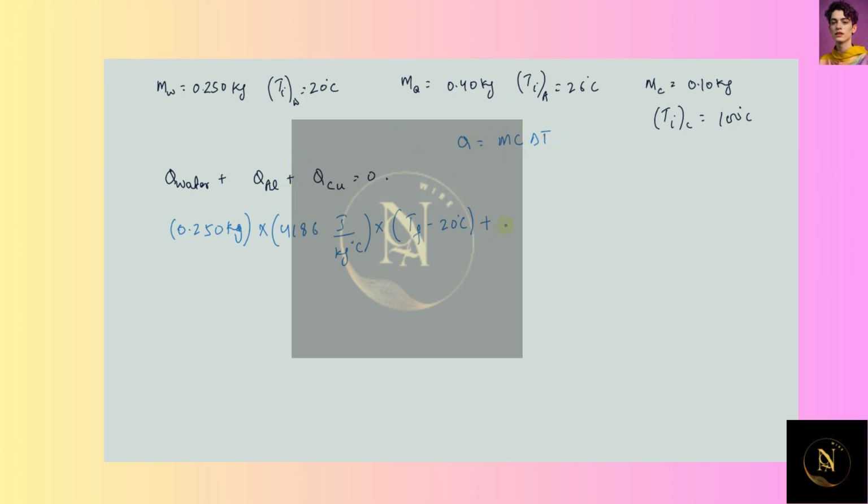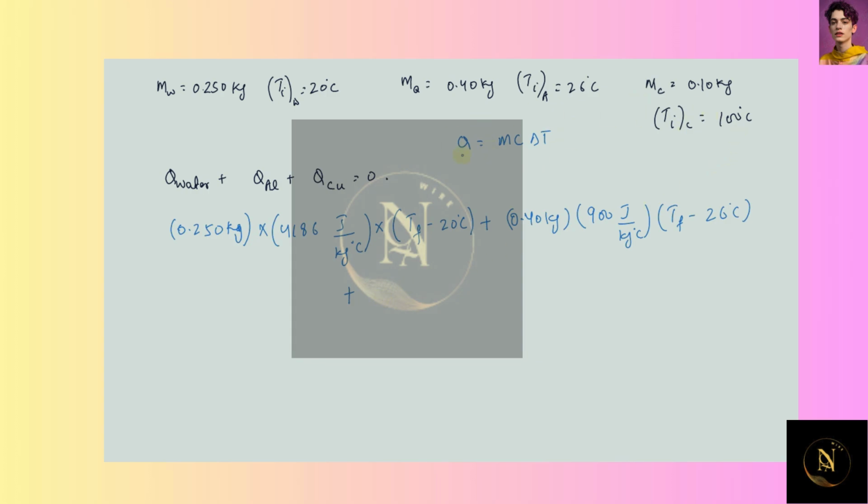So mass of aluminium is 0.40 kg times its specific heat for aluminium, 900 joule per kg degree Celsius, times delta T, that means T final minus the initial temperature for aluminium, which was 26 degrees Celsius, plus